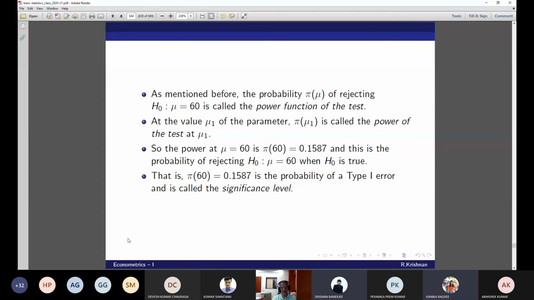Yes, and the maximum of that, the supremum of that, is the power of the test. That will give you the significance level. Supremum will give you the significance level. Yes, so the supremum of this will give you the significance level, Drishan. So (3/4)^n, that is the significance level. Suppose you put in various n, suppose n is equal to 100, you calculate that, and that will be the significance level.